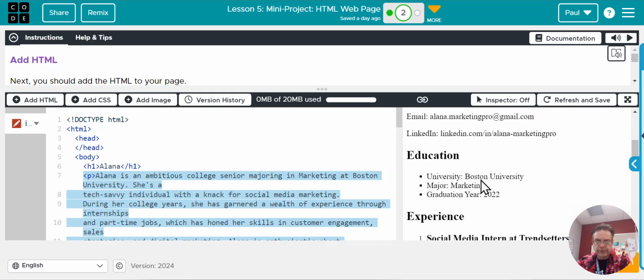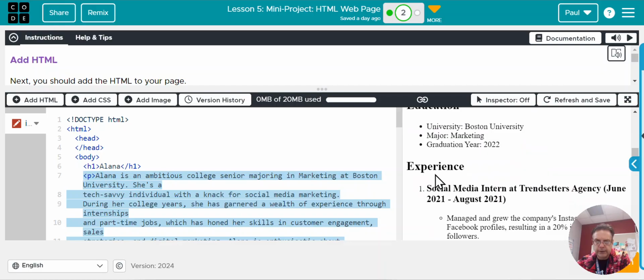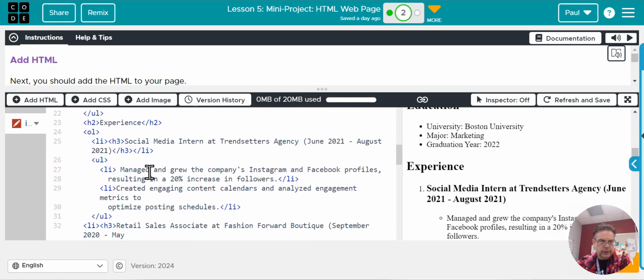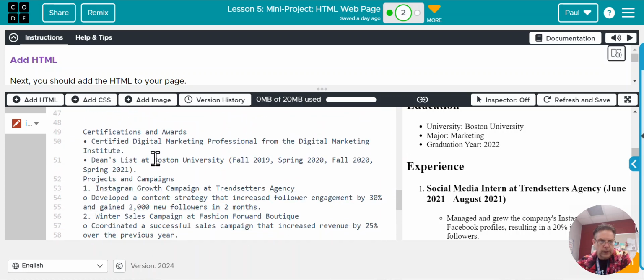We've got her first paragraph taken care of. We got her contact information done. We've got the education taken care of. We've got our unordered list done. We've got our experience with a header. And let's move on down to our